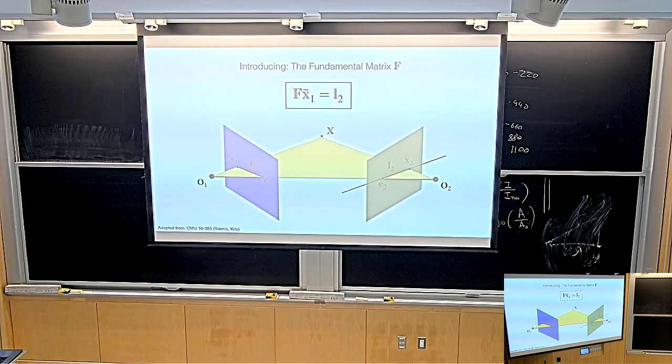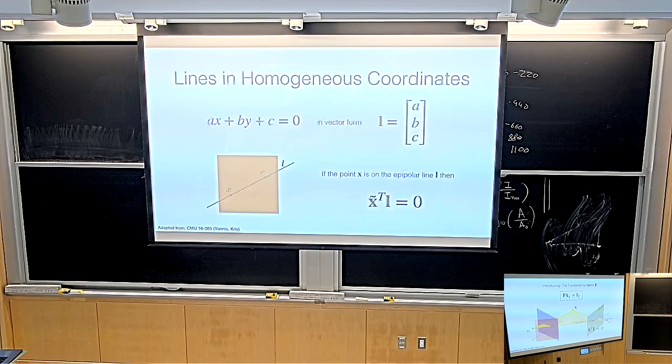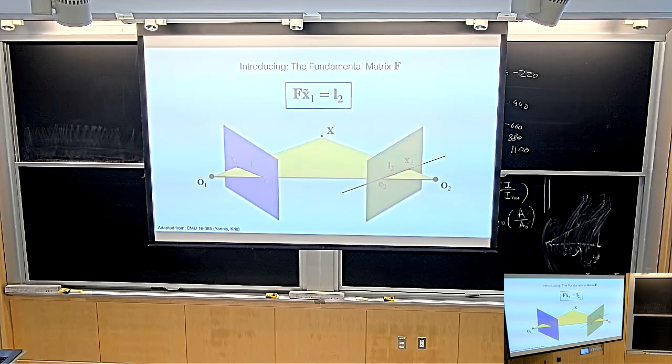And this is a little crazy, right? Because it is a linear map. It's a matrix that goes from a 3D to a 3D vector, but one of the vectors is a line and one of the vectors is a point. One of the vectors is a line literally in the sense that we just discussed. So one of the vectors will be a line in the sense that if you take the dot product of a point that lies on the line with the line, it'll give you 0. And the other side is going to be a point in the sense that it's a point where you append a 1 to x, y, 1. So this is kind of cool.